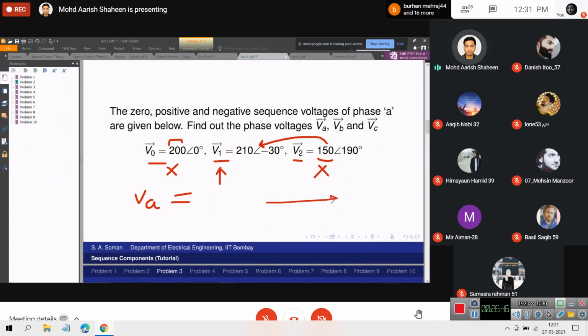Okay, this is zero sequence here. Then after that, positive sequence is somewhere here. It is slightly larger than zero sequence. It is 30 degrees. And then we have, okay, it will be like this, 180, so it is somewhere here. This is negative sequence. Tell me quickly, what is the value of this? I don't have a calculator, otherwise I would have calculated it myself.